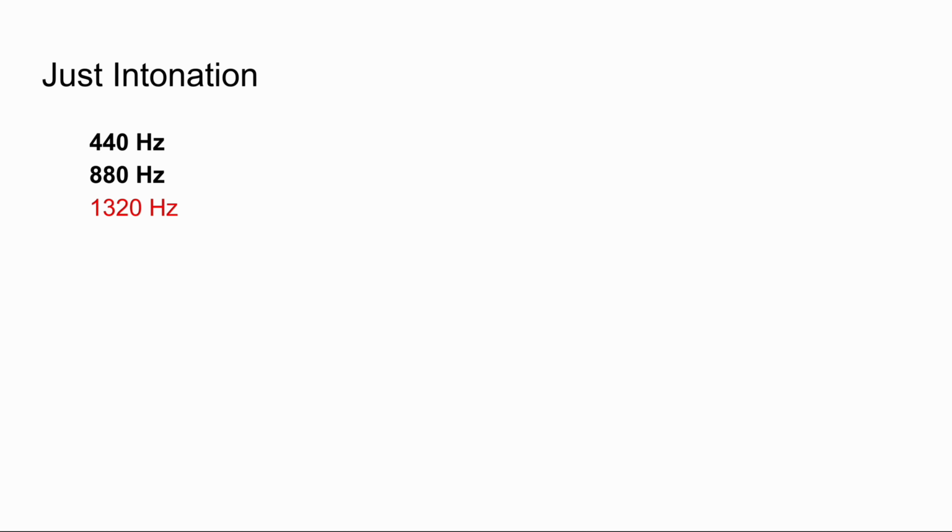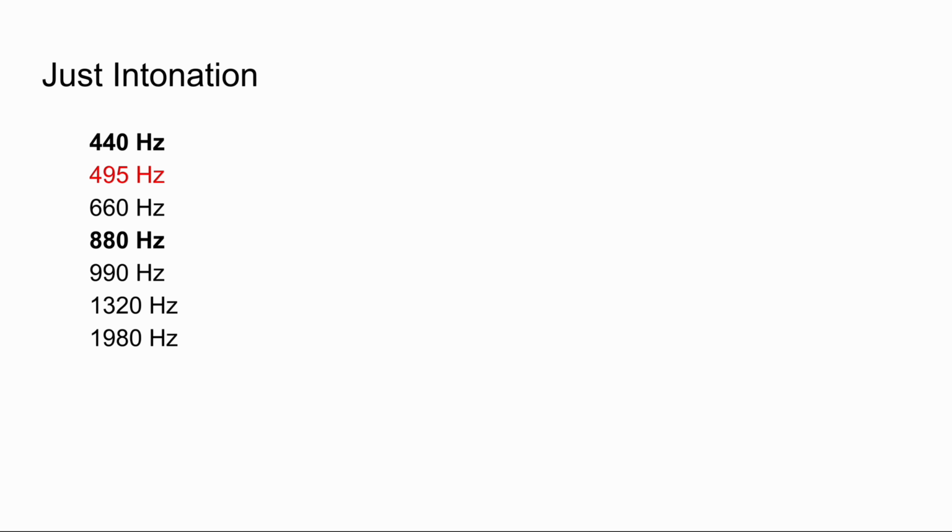What we'll do from here is multiply the note's frequency by 3 whenever we're between the range of 440 Hz and 880 Hz to give us a new note, and then divide by 2 once or twice to give us another note in between 440 Hz and 880 Hz. In this case, we're outside the range, so we'll divide 1320 Hz by 2 to give us 660 Hz. That's inside the range, so we multiply by 3 and get 1980 Hz. Let's divide by 2 to get 990 Hz. This is still outside the octave, so we'll divide by 2 and get 495 Hz.